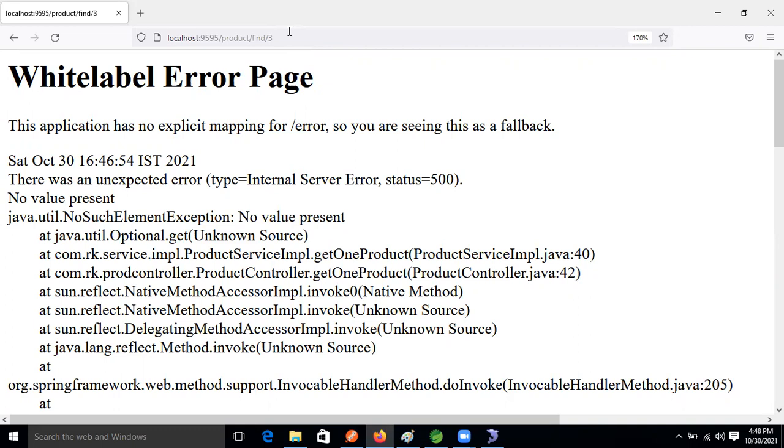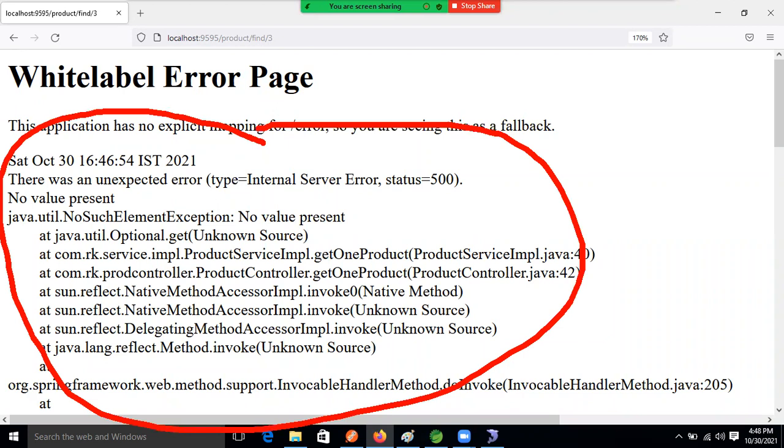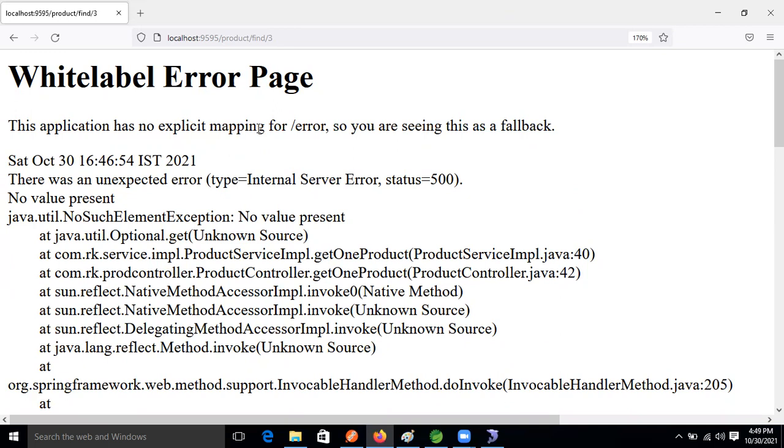If we are doing programming like this, is it correct programming or wrong programming, guys? Wrong programming. Because of that we are implementing exception handling in our application. This failure is nothing but an exception, guys. So to handle this kind of situation, we will implement exception handling, and we will handle these exceptions, right?